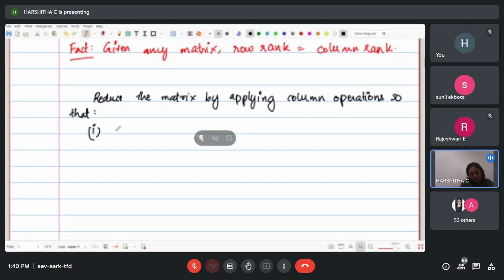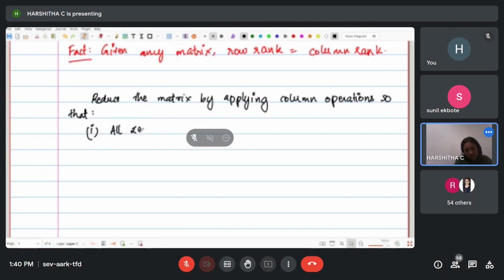First, all zero columns are to the right, and second, a leading entry in any of the columns